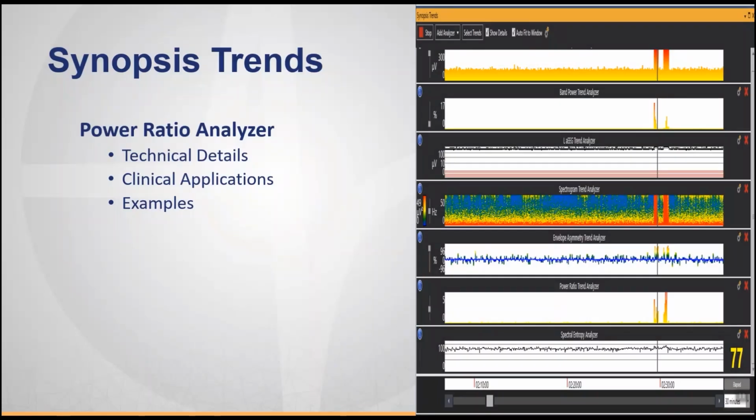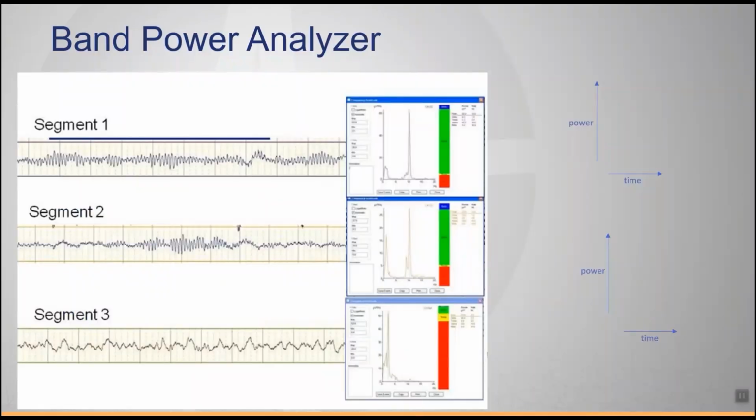Okay, so we've talked about the band power trend. Let's talk about the power ratio analyzer, and we'll talk about technical details, clinical applications. We'll have an example. So when we talked about the band power analyzer, we took the different segments of EEG,